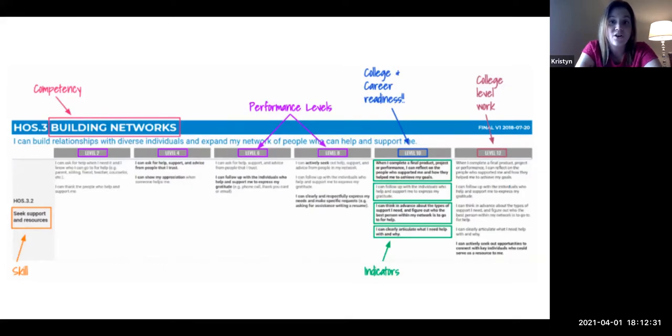Professional development in our building looks a heck of a lot different than it probably looks in all of your buildings. Our faculty meetings are professional development meetings where we are designing and building and teaching and differentiating and giving feedback and norming. It's intense.